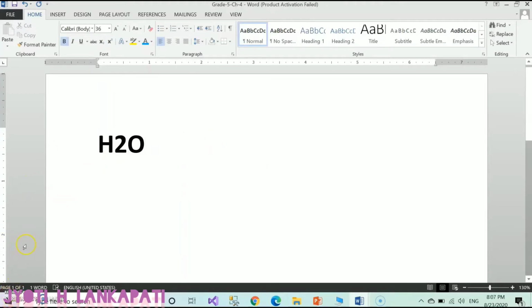Now we will see the subscript option. See, there is an equation written over here, H2O. So at the very first point of view, what will you read? You will read it like H twenty, but it's not H twenty, it is the equation for water, H2O. Okay? So we will use the subscript option over here. The subscript option places the selected text slightly below the baseline and makes it appear smaller than the rest of the text. So over here select the 2